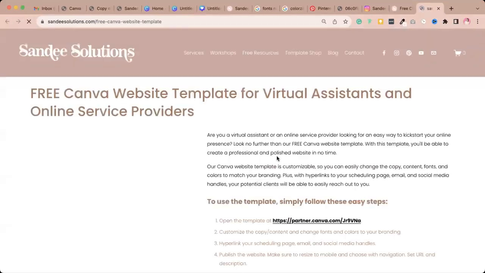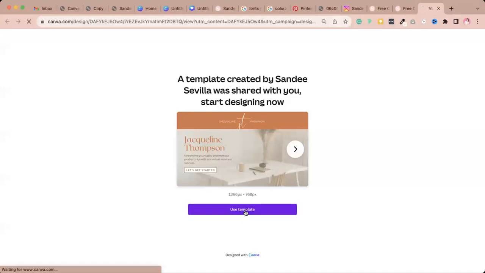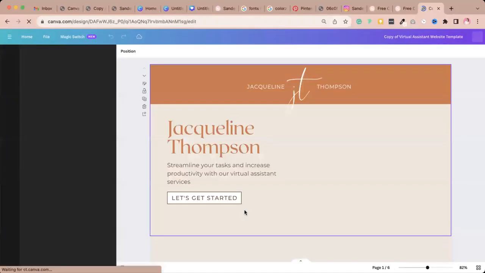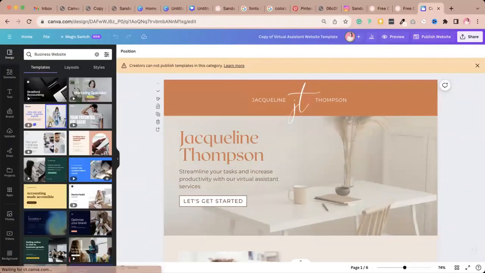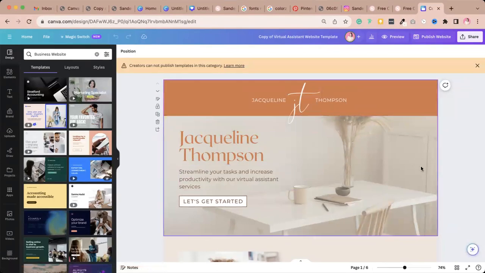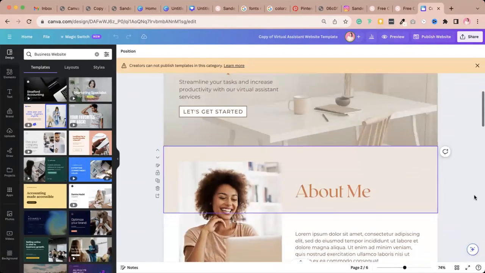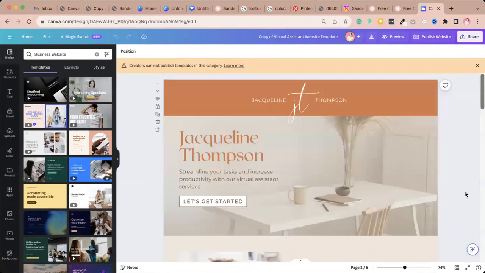Okay, here, get the template. Okay, I'll open this up. So this is the template that Tanya was asking about. Right now it's burnt orange with a bit of beige. So let's just say